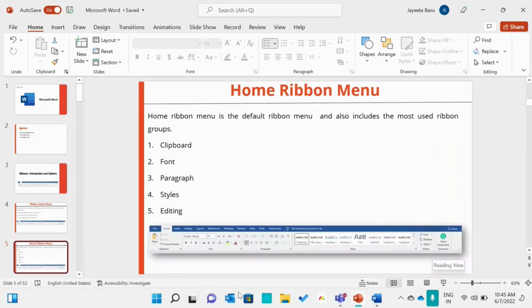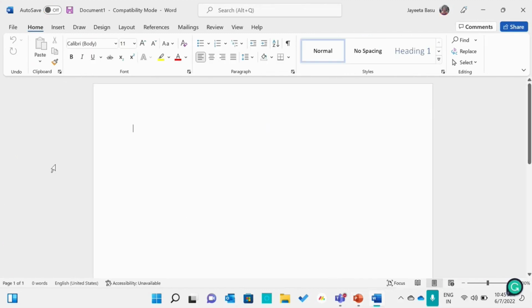So let's go back and we will open the document that we were working on. Now, as you see, when we land on the blank document, this is the ribbon menu. All of these are the different ribbon menus that are available with Microsoft Word. As I was saying, the default ribbon menu is always the Home ribbon menu. Now, the first thing you see is the undo. Let's say you write,